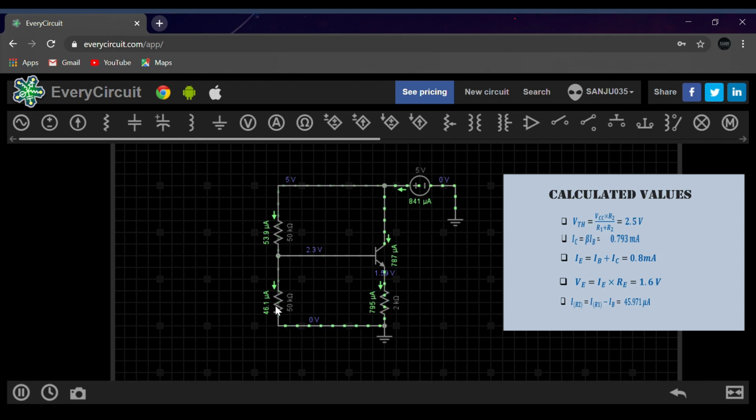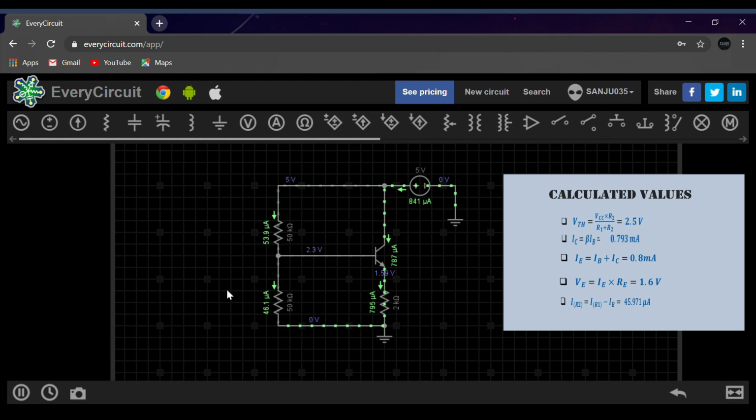The current across R2 in this simulation is given as 46.1 microampere, and we have calculated it as 45.971 microampere, and both are the same values. Hence we have proved that our calculated DC values and the circuit values are both similar and we are going in the right way.